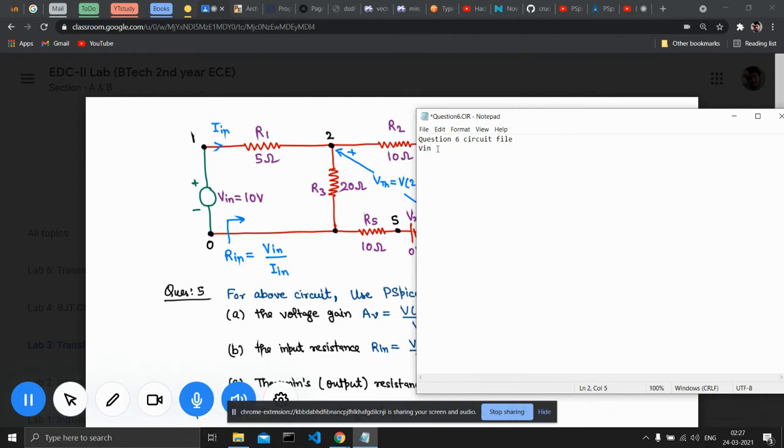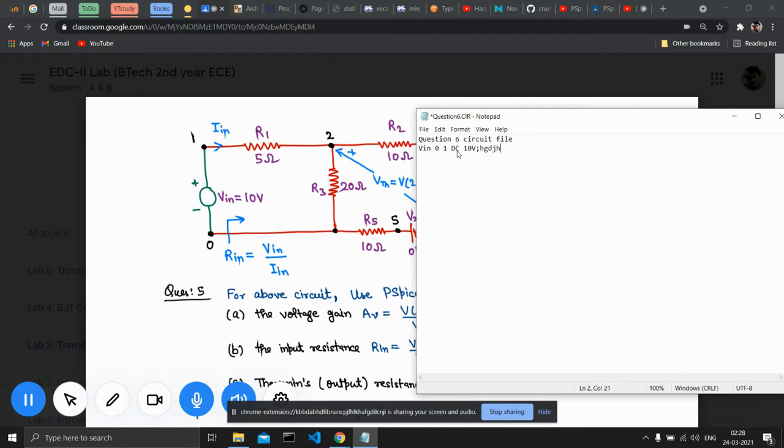So then, what is its position? You have to write from source to emitter. Sorry, it will be from 0 to 1, because it is taking the voltage from 0 and giving it to 1. Okay, so what type of voltage is it? It is a DC voltage, so we specify DC. Then after that you have to specify its value. It's 10 volts. Then a semicolon to end the line.